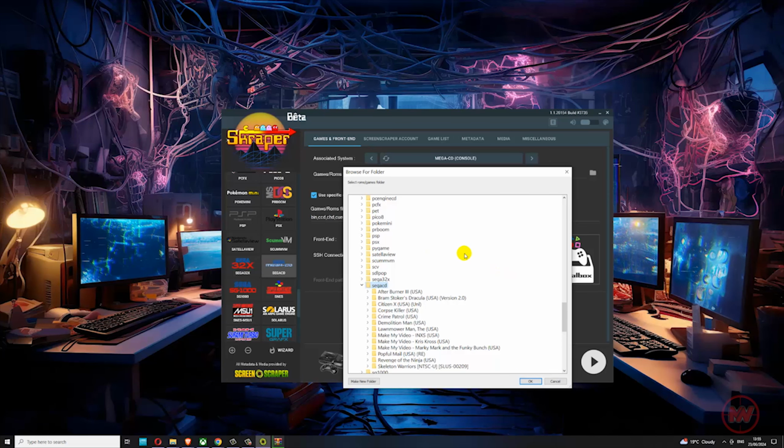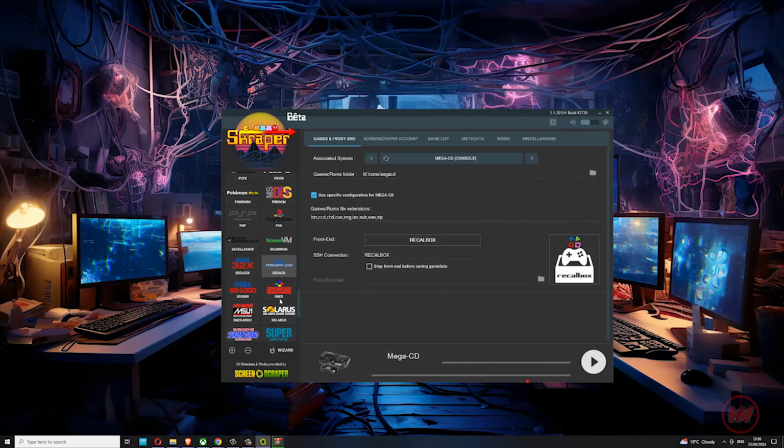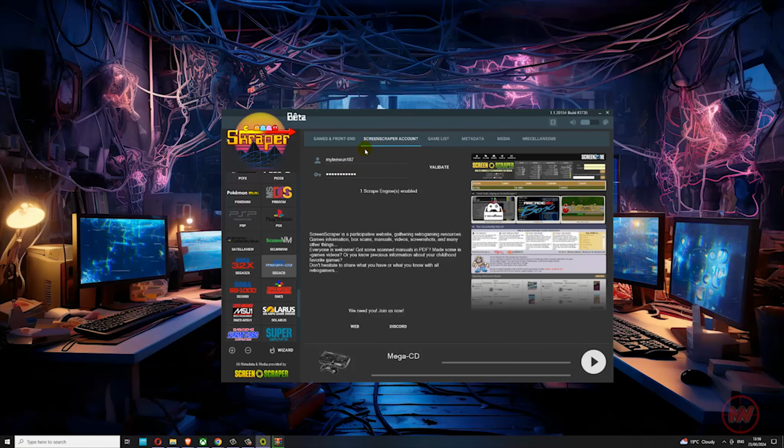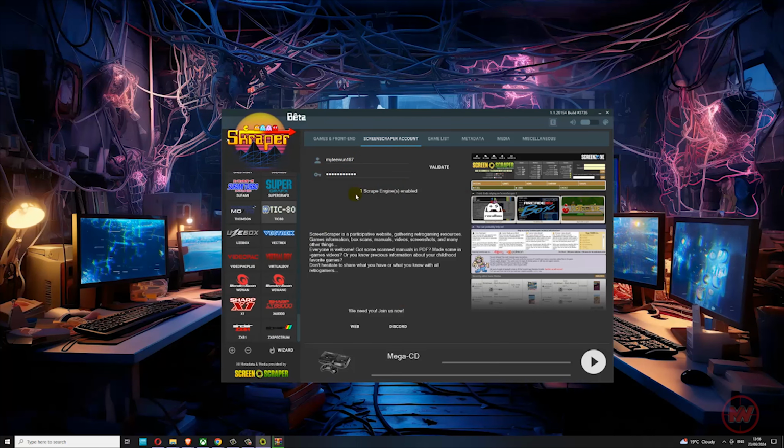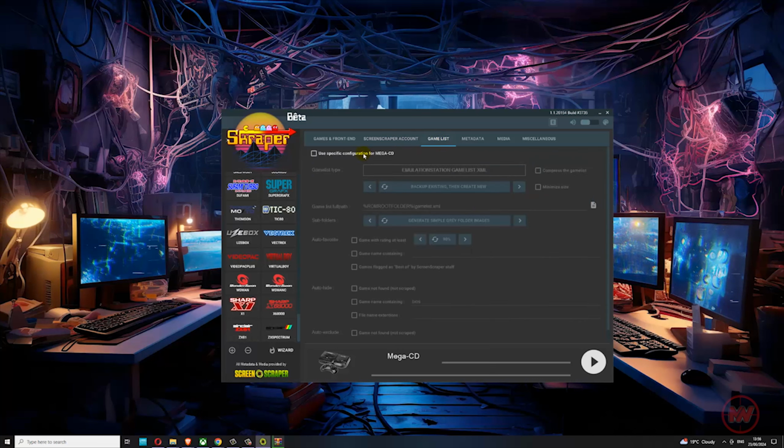If you want to scrape a different console, then you choose a different ROM folder. Right, log into your Screenscraper account. As you can see, I can only scrape one system at a time. Games list, we want to check this, so this will save the gamelist.xml and will direct all of our